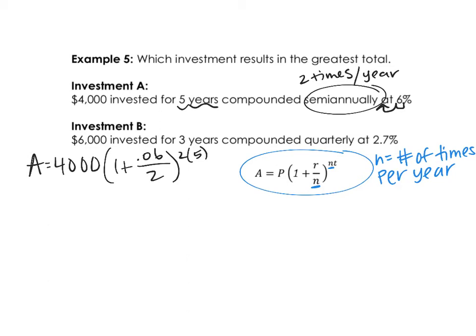So when you go to plug this into your calculator, I want you to be very, very careful because we have a fraction. That 0.06 was divided by 2. So in order to make that a fraction, you're going to need an extra set of parentheses. Notice right here we have a closed parentheses and another closed parentheses. Make sure you're typing that into your calculator. Okay, when you type that in exactly how it looks on your paper, we should get